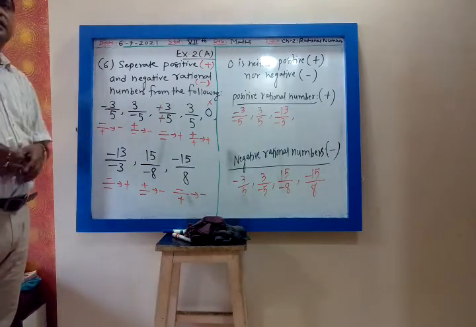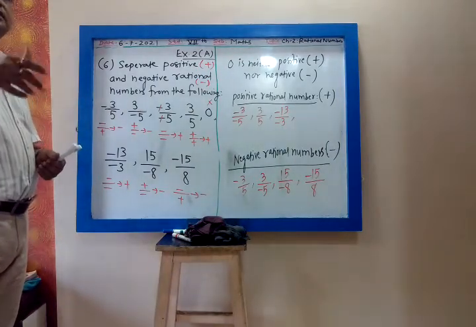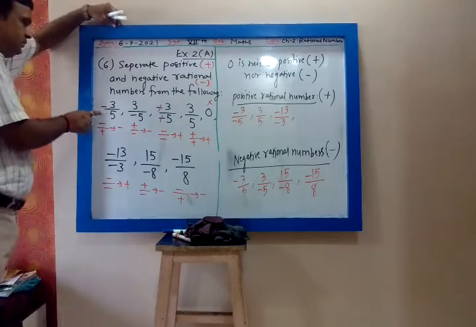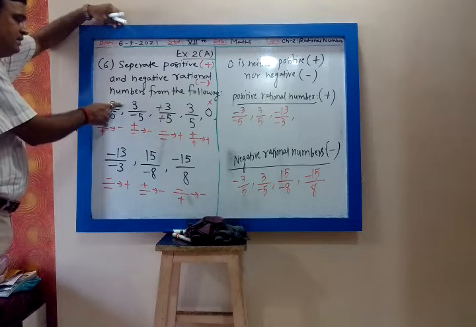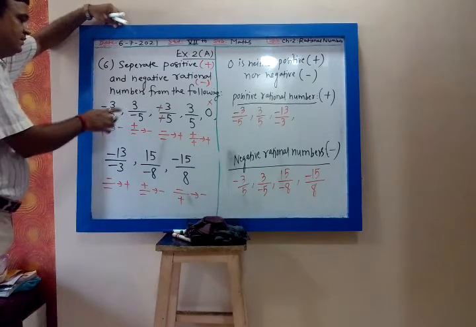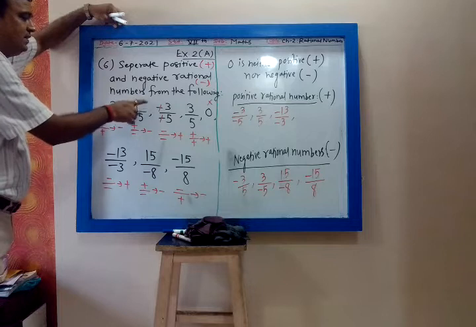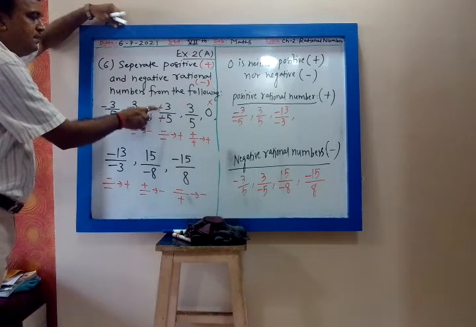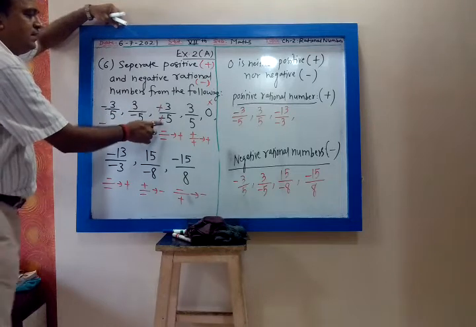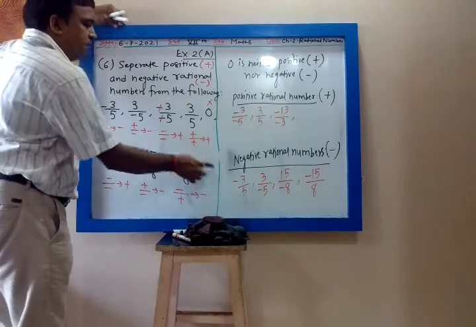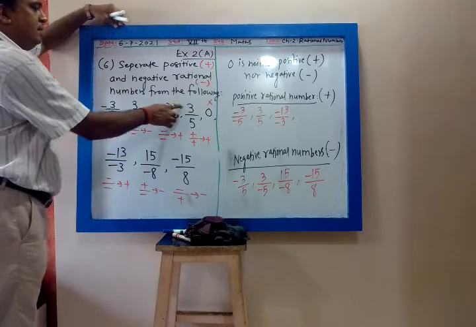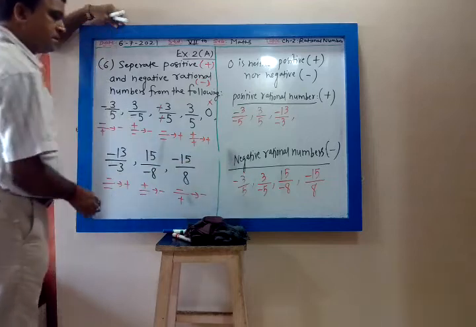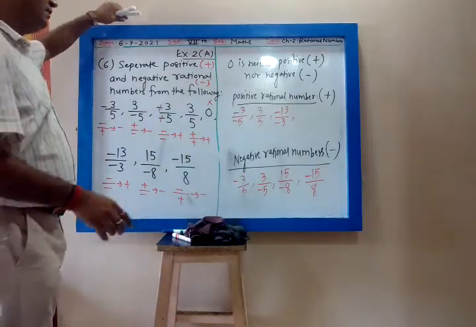So in order to check whether the rational number is positive or negative, we see the sign. Minus upon plus, minus. So minus 3 upon 5 is negative. Plus upon minus is minus. So 3 upon minus 5 is negative. Minus 3 upon minus 5, minus minus get cancelled, that is 3 upon 5. So minus 3 upon minus 5 is positive. Then 3 upon 5, plus upon plus will be plus. So 3 upon 5 is positive.